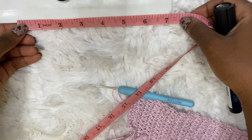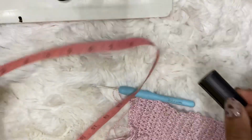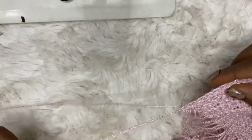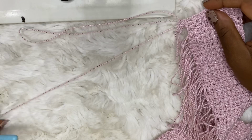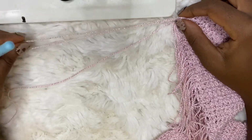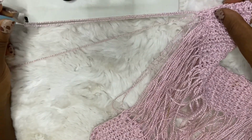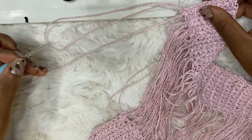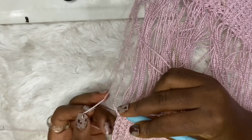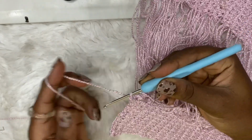I've been working my rows, and I thought of something so simple for you guys. You can measure on a plaque, on a board, anything that you have, 7 inches or 10 for large. So when you pull, you just have to stretch and measure from your board. I think this is pretty much faster to work with than measuring it all the time. So you just pull it and measure on the board, which you've already measured 7 or 10 inches, and keep